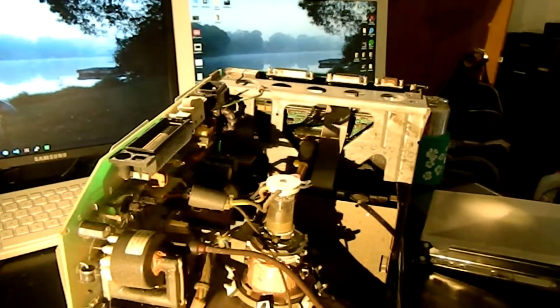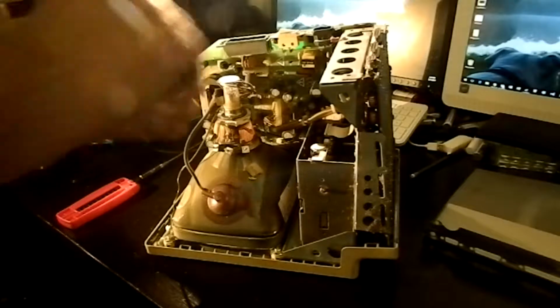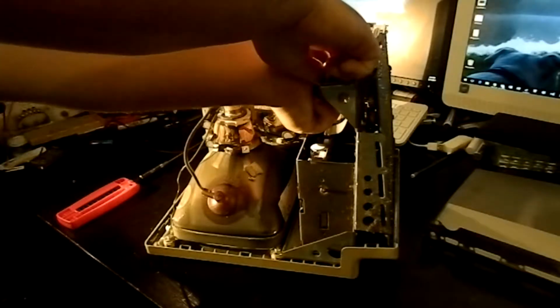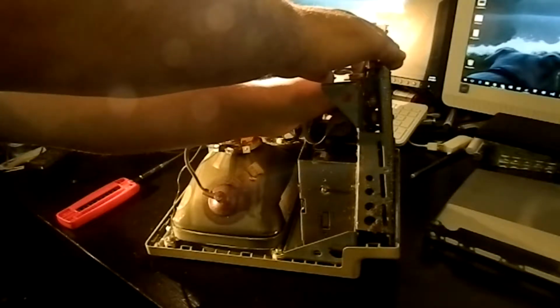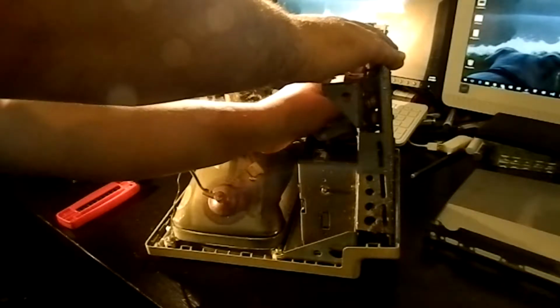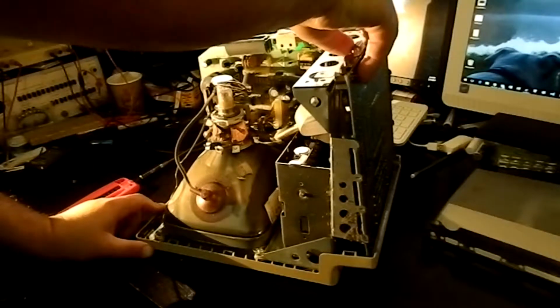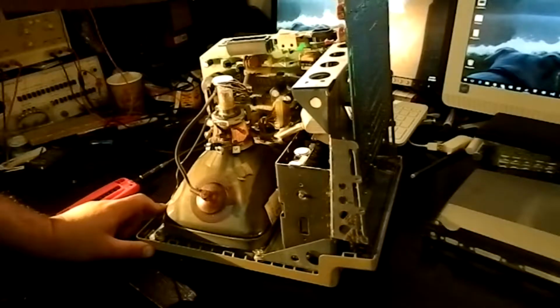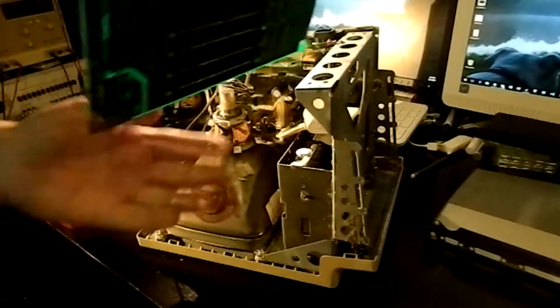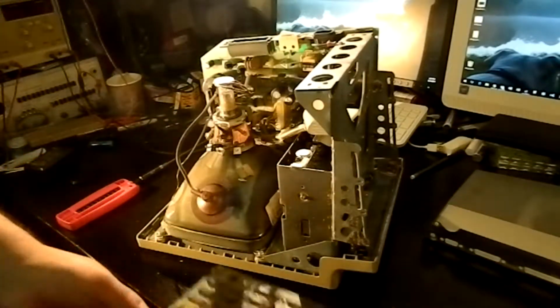Let me pause this video and go and get a couple of tools, and we'll continue. Okay, so I just had to grab a couple of things there so that I could start this disassembly, but let's start by taking out the main logic board. Pull this, it's a standard IDC type connector, not locked in any way, and fortunately polarized. And this connector too. And we're going to pause a bit once I get this board out so that we can look at it in all its glory. There we go. Okay. Wow. So let's move this out of the way,